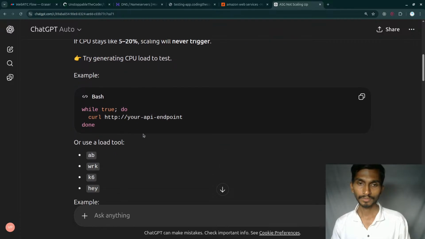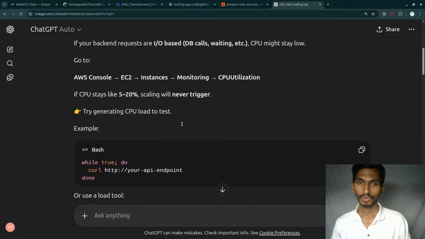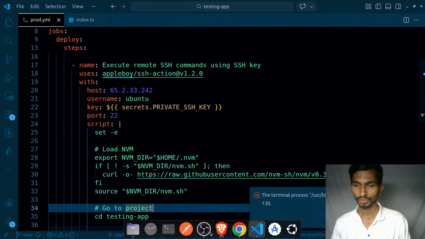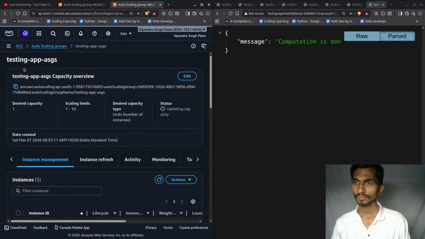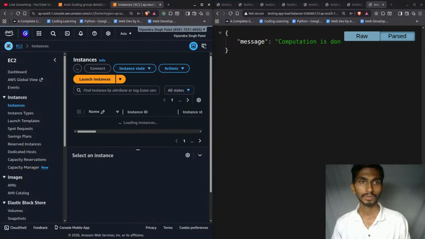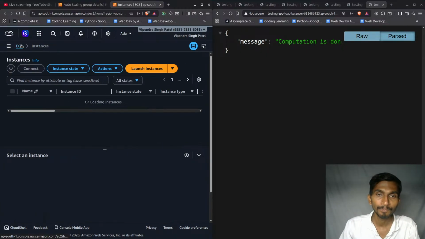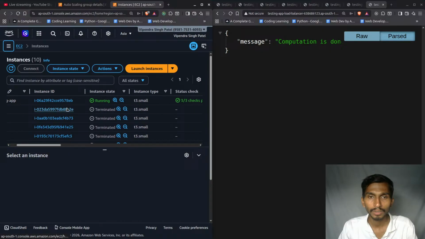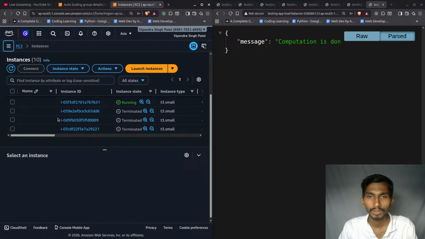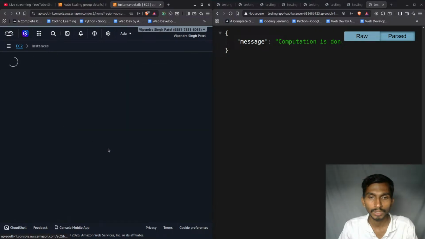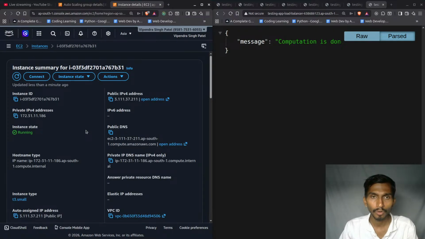So let's do that. What will I do? I will go to the instance monitoring and all. Coming back to this one, instances, and after that this is the one that is running, not testing app IR. There should be some other one as well. Okay, so this is the one that is running. If I go to the monitoring section,